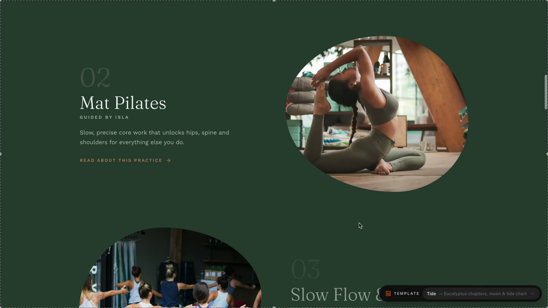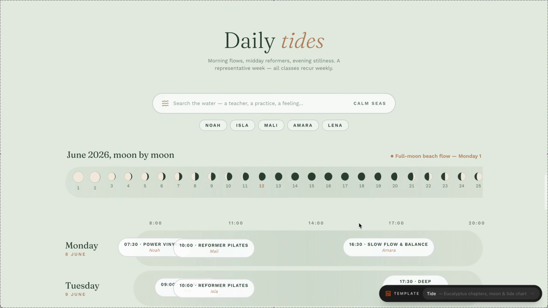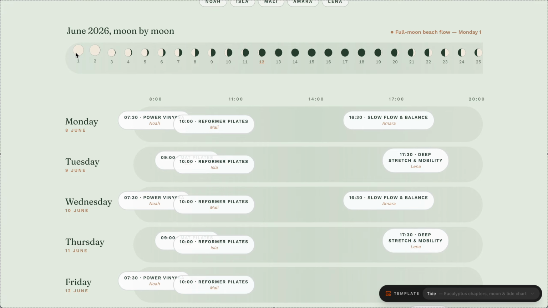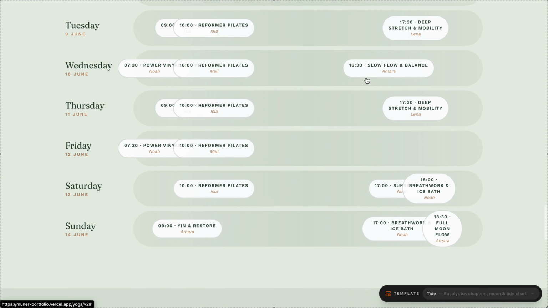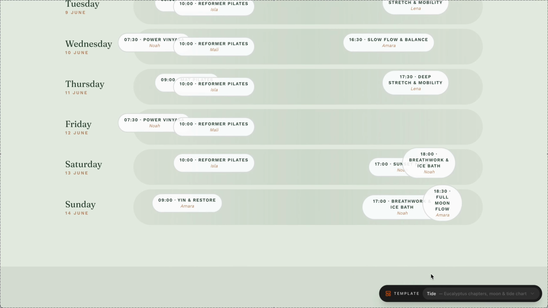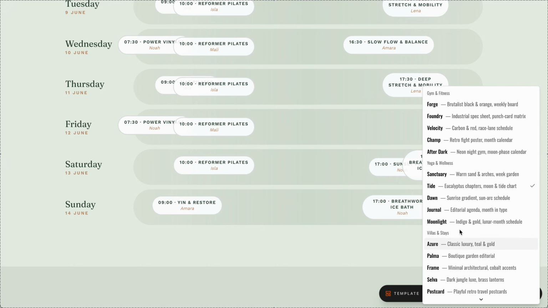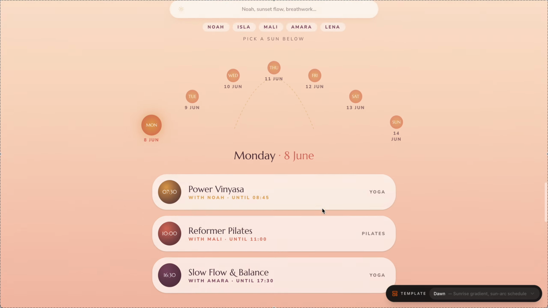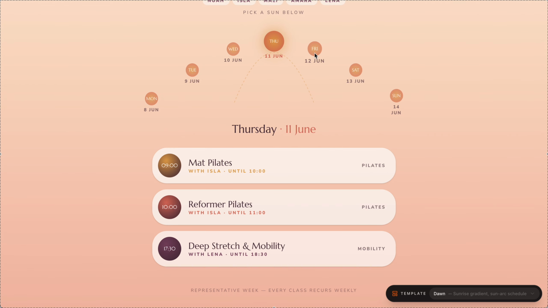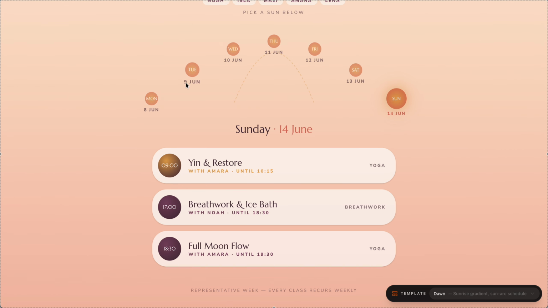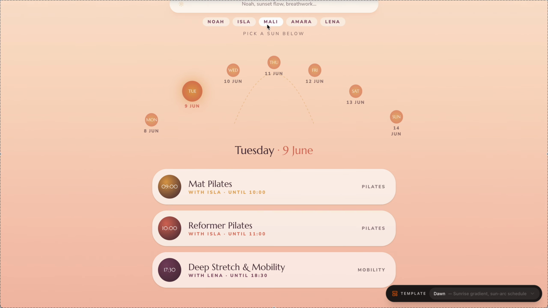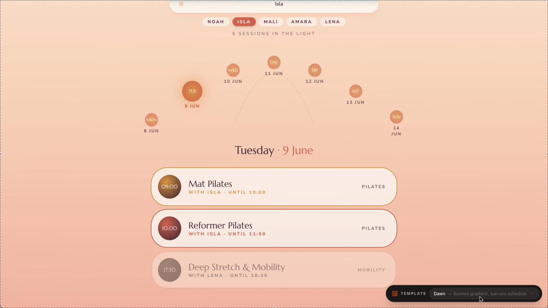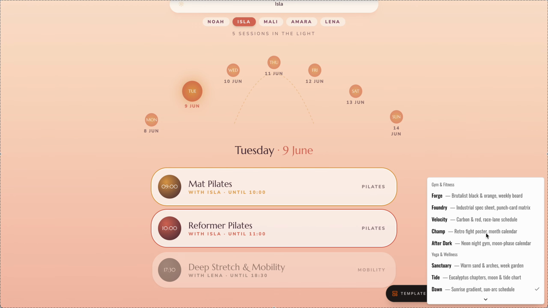Another one. This same idea, the full moon, we show the moon as calendar together. You can see the class. Let's go to the next one. We click here, the days of the week or the teacher. We highlight the calendar. The next one,